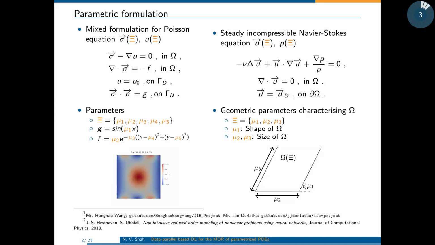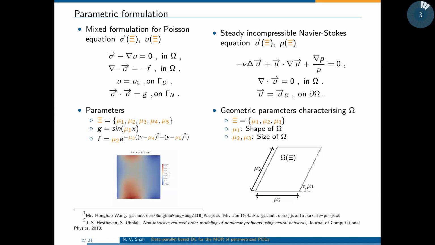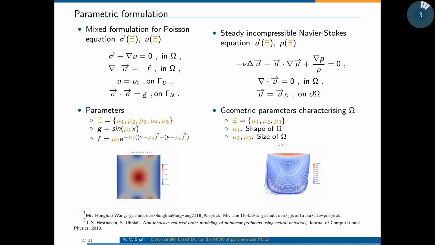For example, parameters enter into our domain in different forms. They could mean different boundary conditions, different source terms, or different geometries. For example, different boundary conditions may refer to understanding the material response to changing boundary traction, or there could be different source terms, and we want to see where to place the source term, like a heat source or heat sink in the domain, and we want to study the temperature profile with the change of